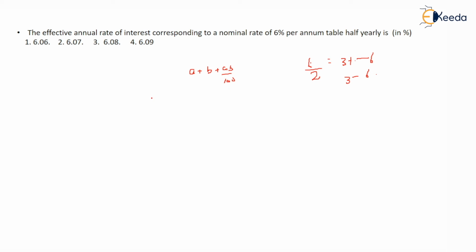So you have to find the cumulative of this. That is 3 plus 3 plus 3 into 3 by 100, that is 9 by 100. So after solving this, this comes out to be 6 plus 0.09, so it is 6.09. The answer is in front of you. Such a simple question, right? So this formula that I told you is very useful. Every question can be solved on the basis of it.